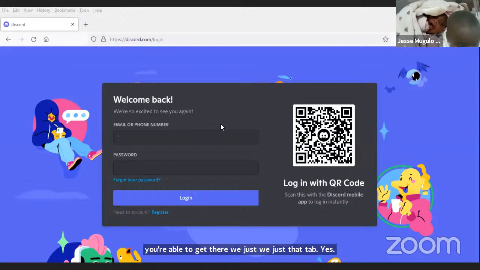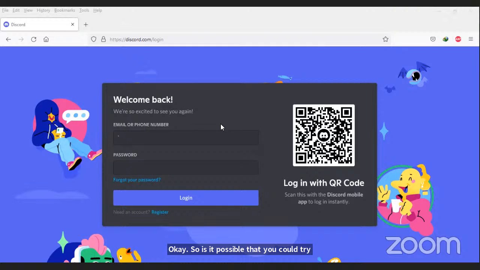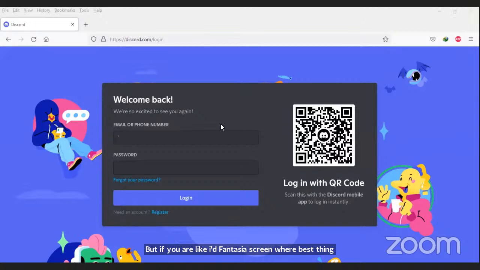Okay, so is it possible that you could try using another email? Yes, if you can access another email, try using that. That is if you can still access the register tab. But if you are like at Fantasia's screen, where based on the information you've given us, we are unable to.